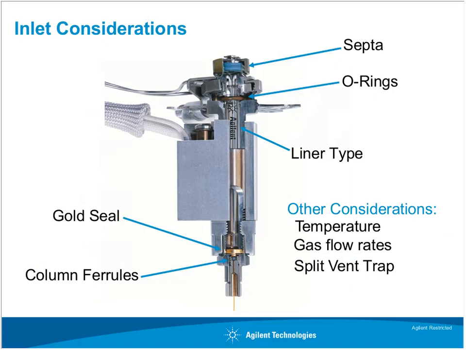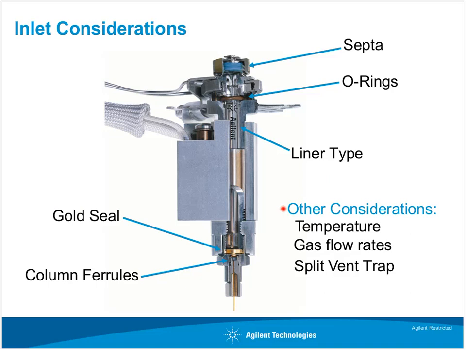So now as we look at the inlet, what type of things do we have to concern ourselves with? Well, we have obviously the inlet septa, which we're going to pierce with every injection. We have our liner O-rings, our liner, and also the type and deactivation of that liner. And I just mentioned the gold seal. We have different types of ferrules that we can use. And then, of course, to make your analysis robust, and again, this goes back to, and I'm going to hit this a lot today,